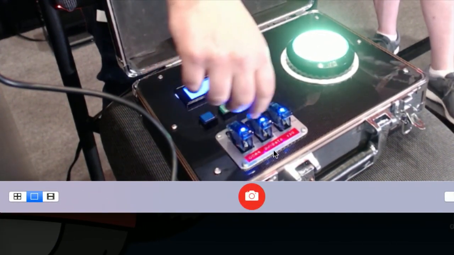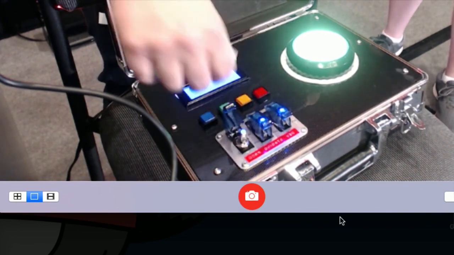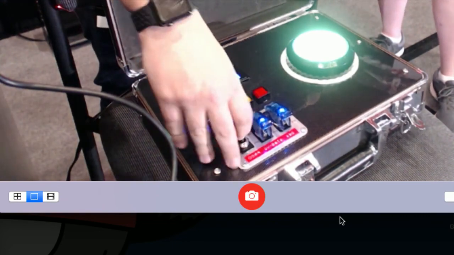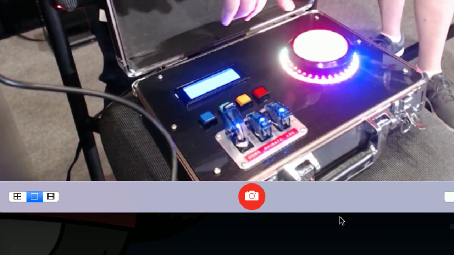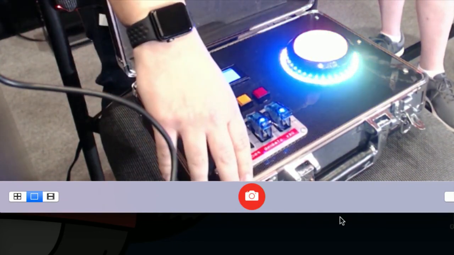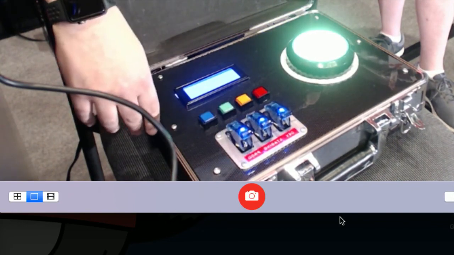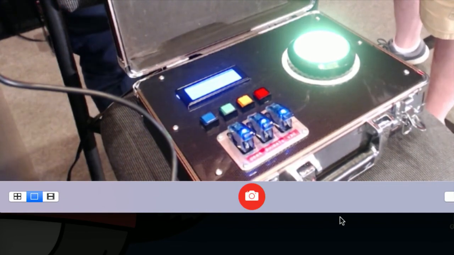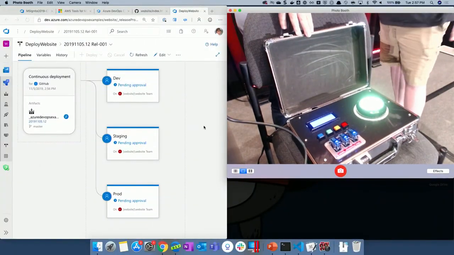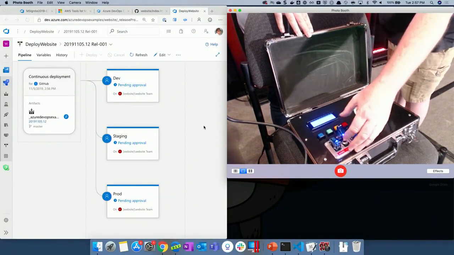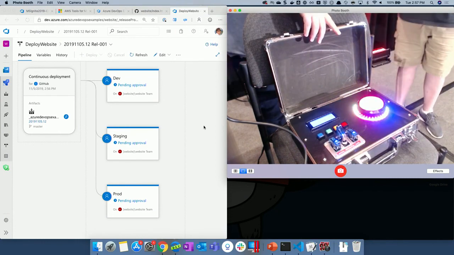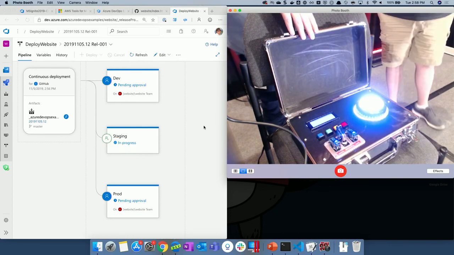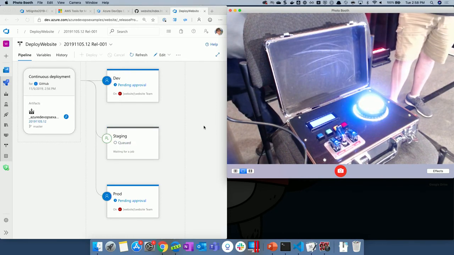For instance, if I wanted to go straight to production, because I'm a program manager and I know better, I can just flick that switch up, launch control switch, and this light blinks up, goes bright red, and I could launch straight to production if I wanted to. So Josh, which environment would you like to go to? Let's go to staging. Go on then, flick up the switch. Big red button. What do you do with a big red button? Push it. Exactly, there we go. So that sends, and you actually see it already.